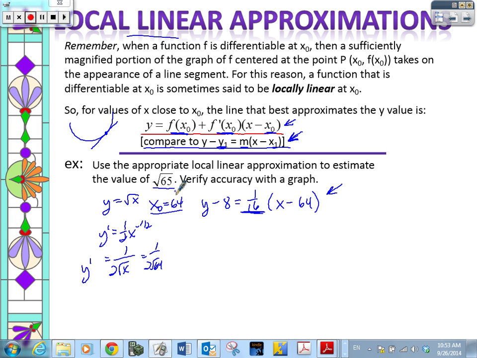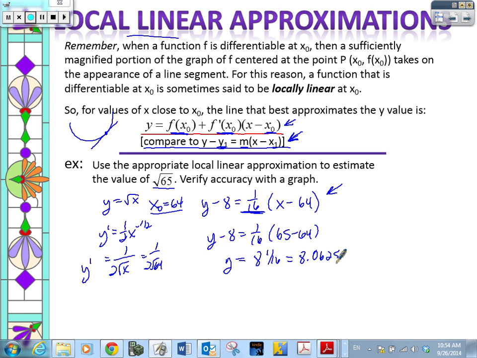We don't know what the square root of 65 is. We don't have that memorized. So we would go ahead and substitute in the 65. And so we do all of our arithmetic, and our approximation is 8 and 1/16, which in decimals is